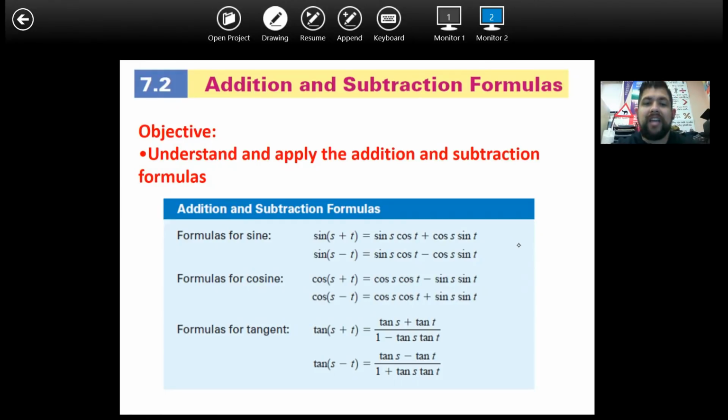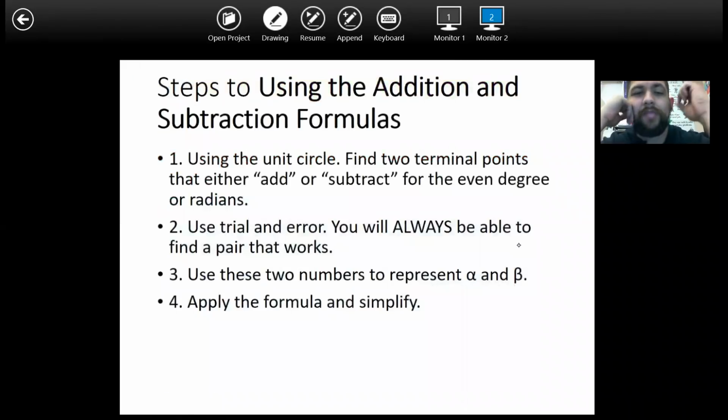Objective: understand and apply addition and subtraction formulas. So you guys will be verifying from yesterday's assignment, and then you'll also be doing this portion. There is 7 problems today. I believe there is, I think, 10 or 11 slides we're going to be doing. So here we go. The steps to using addition and subtraction formulas